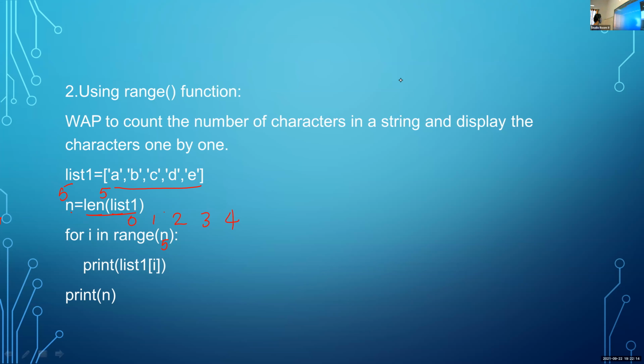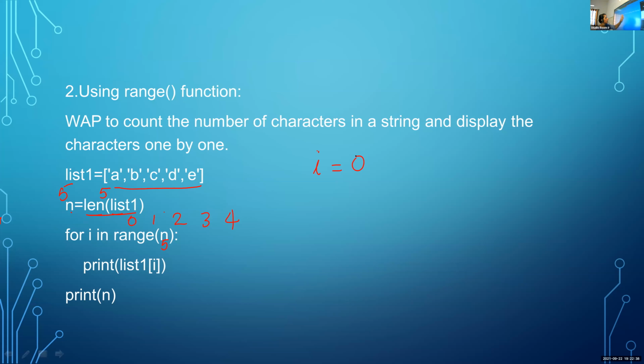So here, range of 5 means 0, 1, 2, 3, 4. 5 values. Then for I in range of 5 means, in the execution of this for loop, first the value of I is 0.